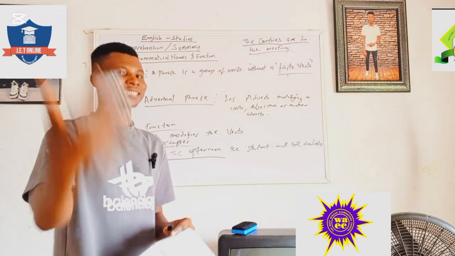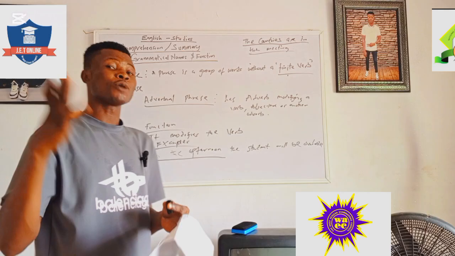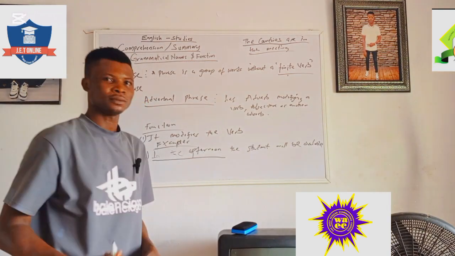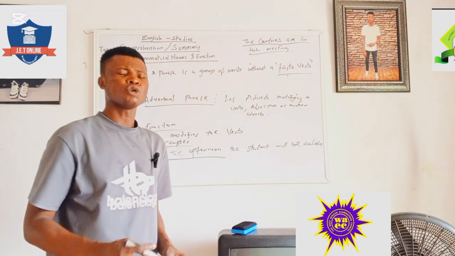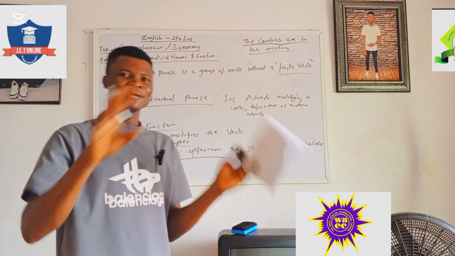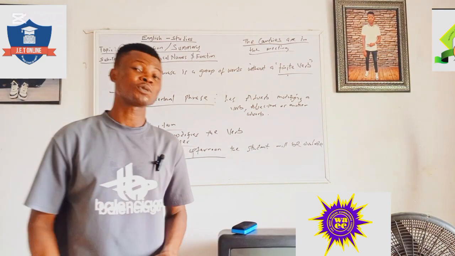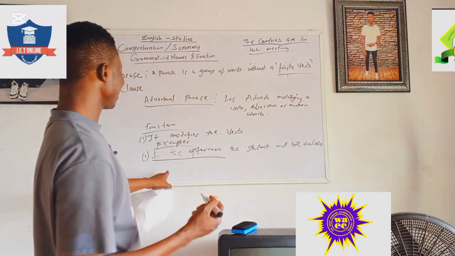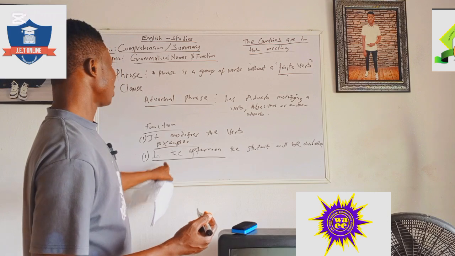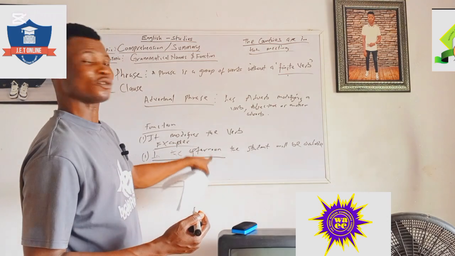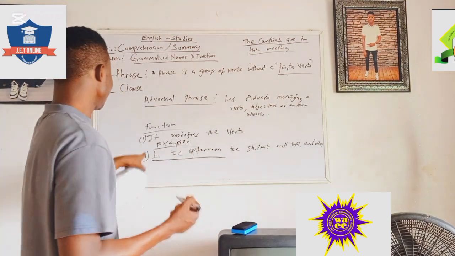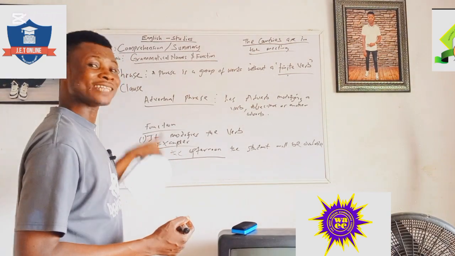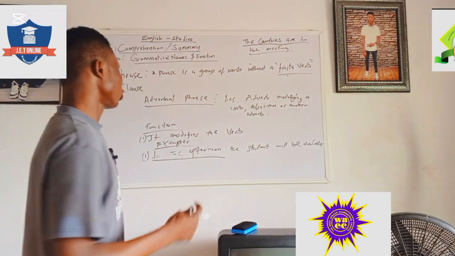Why? Because it's showing a time. Basically we have what we call the element of an adverb. Afternoon is an adverb. Adverb of what? Of time. So you need to discover the element you have in the underlined expression for you to be able to name your grammatical name vividly. So if I've been given this expression, what will I do? I will discover that I have an element of an adverb, which is what? Afternoon. So this grammatical name or this type of phrase is what? An adverbial phrase.